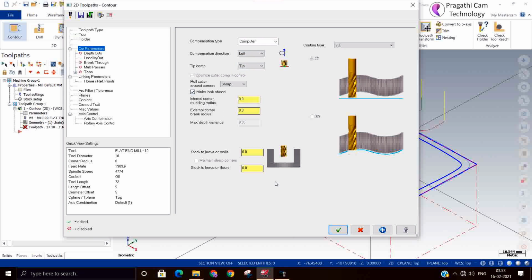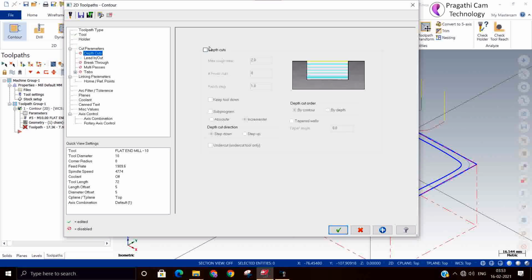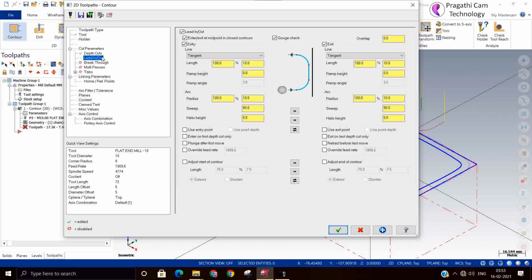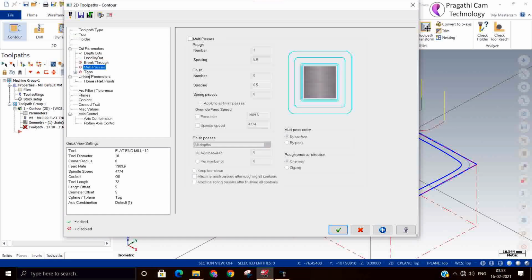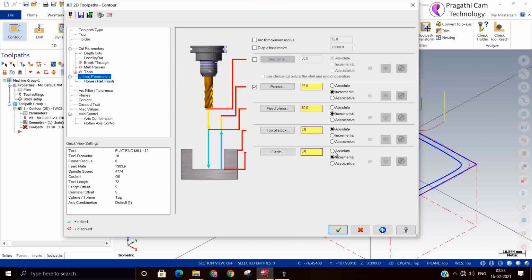Roll around the corner, we are not giving any radius here. Depth of cut we can modify. So 1 mm is the depth of cut. Let lead in and lead out be default, and multipass is not required. Here the depth, absolute, we change to minus 10.